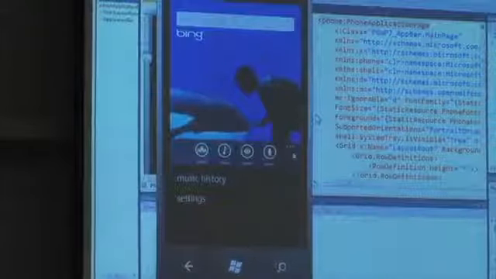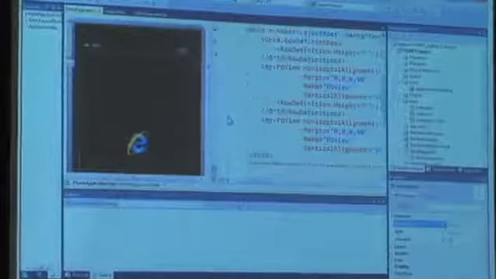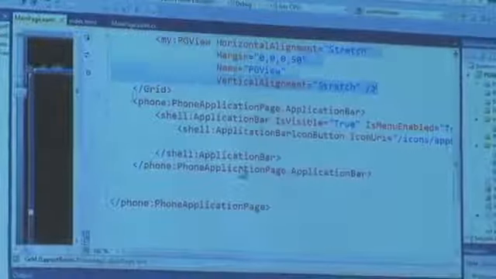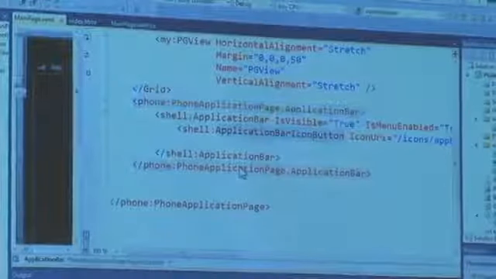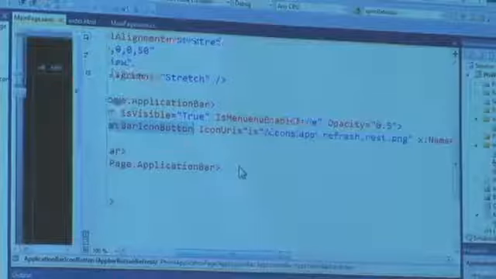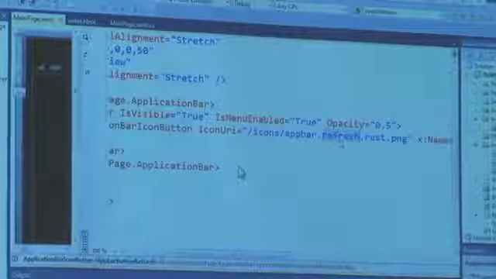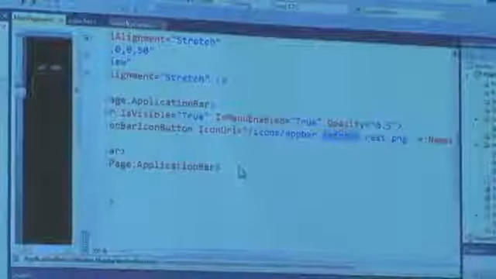Let me go to my code now for my PhoneGap application and show you that what I've done is I have my PhoneGap view. This is my HTML5 host right there. But then below it, I have my phone application page. I have one button on this page, and the icon is refresh. It's a little graphic. And then I have a little bit of C# code